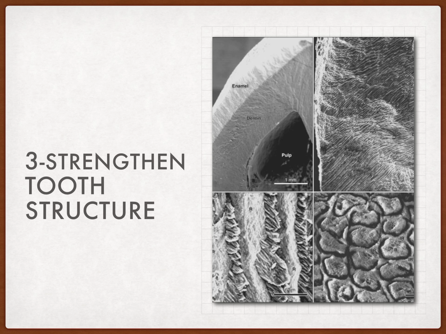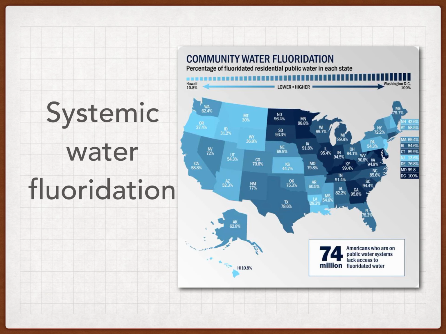The third thing is the strengthening of the tooth structure. When I say the strengthening of the tooth structure, I mean the conversion of the hydroxyapatite crystals, which are the building blocks of the tooth structure, into fluoroapatite crystals, which are more resistant to acid dissolution and subsequently caries progression. And that actually happens by the fluoride incorporated into the structure. This can be done by systemic ways or topical ways.